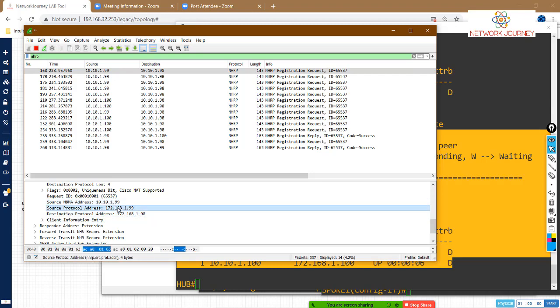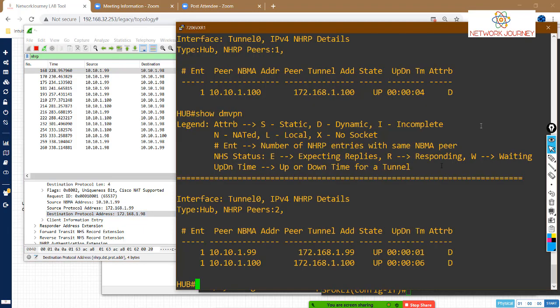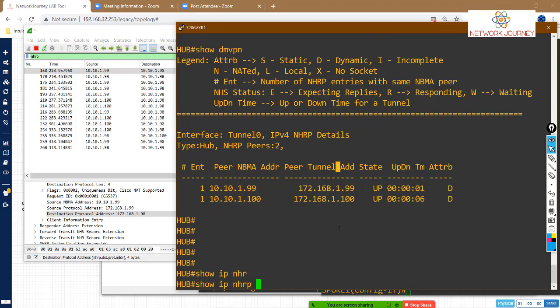To whom is this information sent? You can see the source informing the destination. The private and public addresses of Spoke 1 are being informed to the hub, and the hub is going to create the table. So if I look at NHRP,